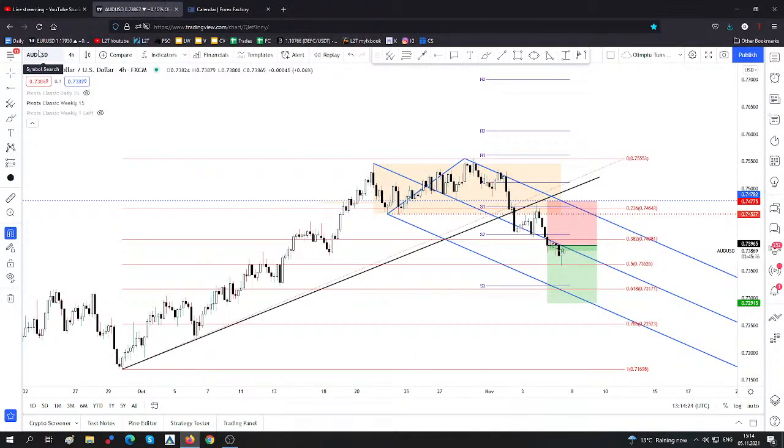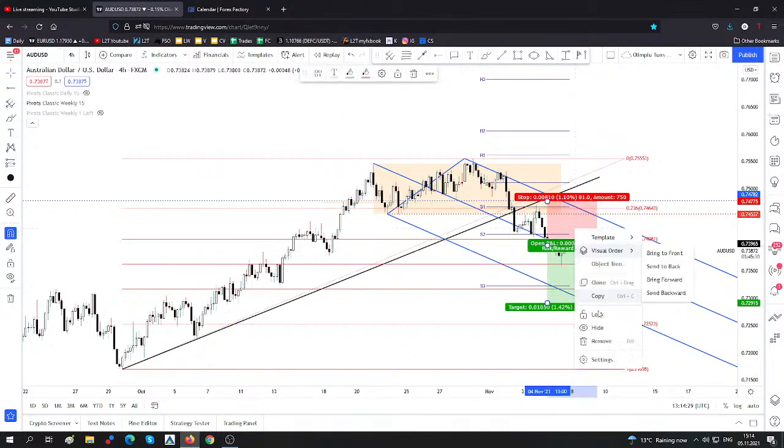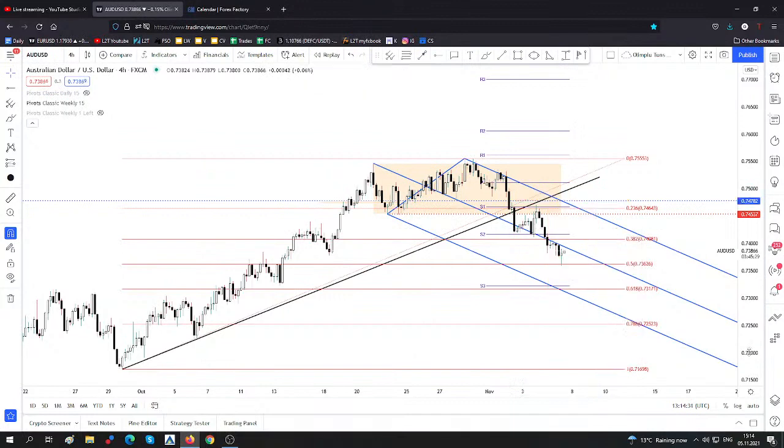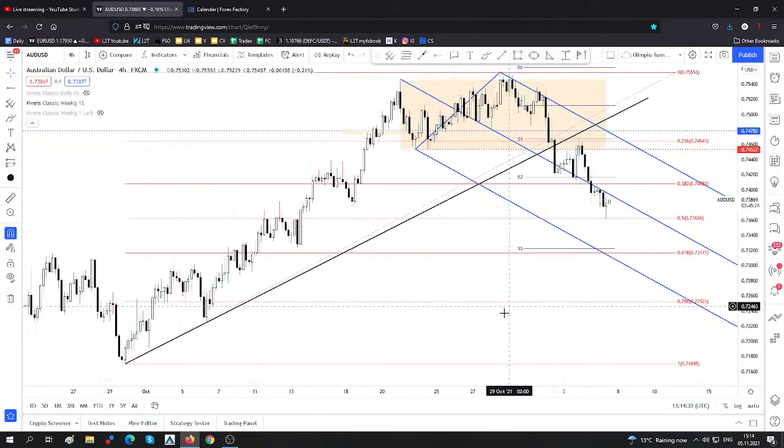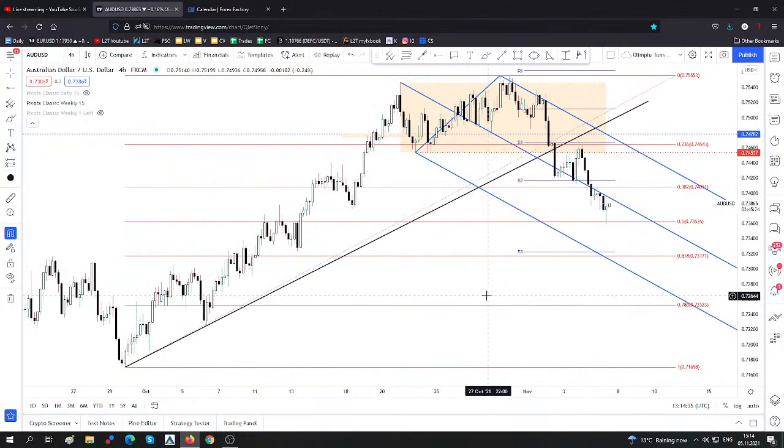Adam Queen, US dollar Mexican peso hit stop loss. That was not my trade. I believe that Orlando will come back with the update later. It was his trade. So Australian dollar, US dollar, it has dropped as much as